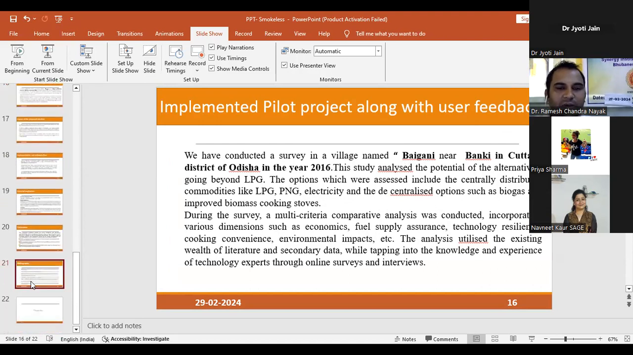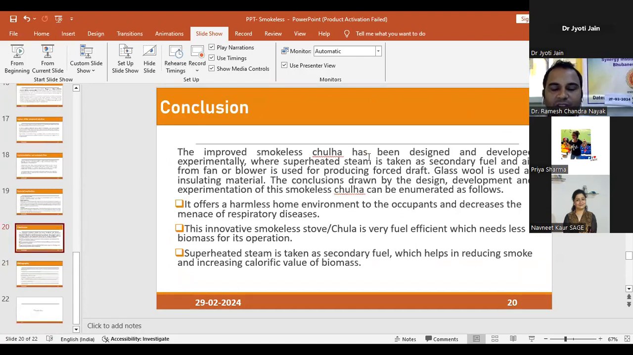So these are our conclusions from our chula. It offers a harmless home environment for the occupant and decreases the incidence of respiratory diseases, because you know that air pollution is one of the reasons behind respiratory problems. The innovative smokeless stove, or chula, is very fuel efficient, which needs less biomass for its operation, because of the technology behind it: by using superheated steam, complete burning of the primary fuel takes place. Due to complete burning, no extra fuel is required, and also at the end of operation,